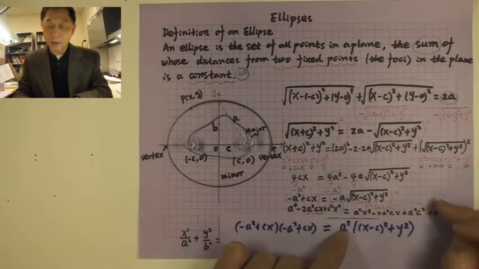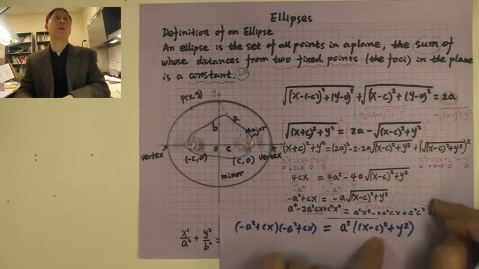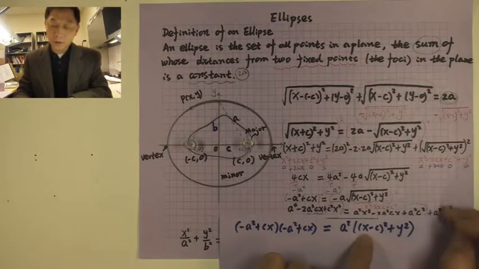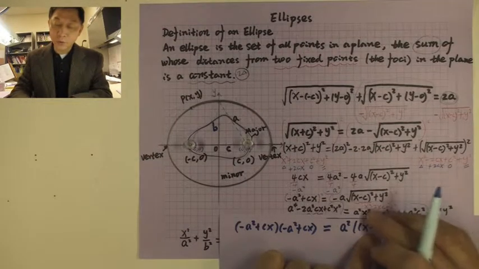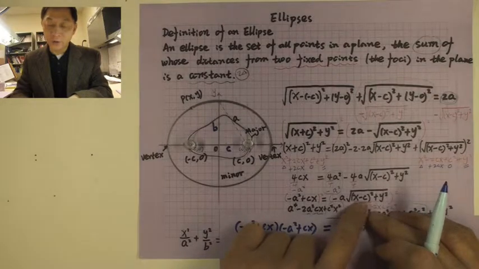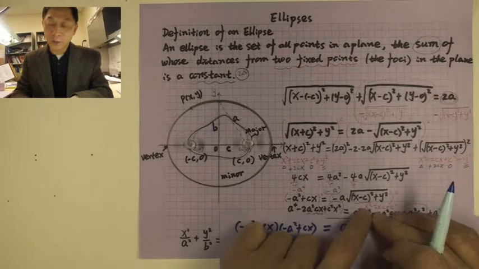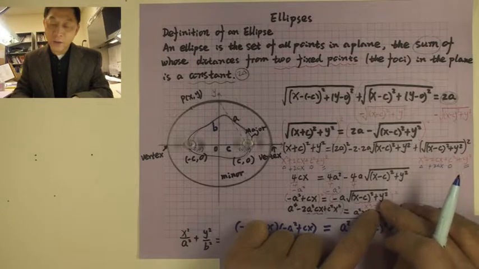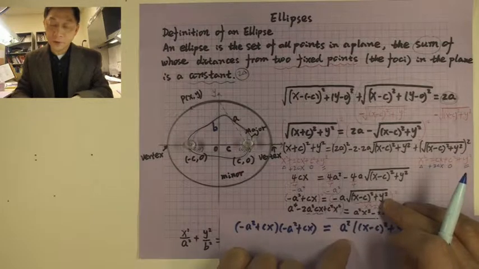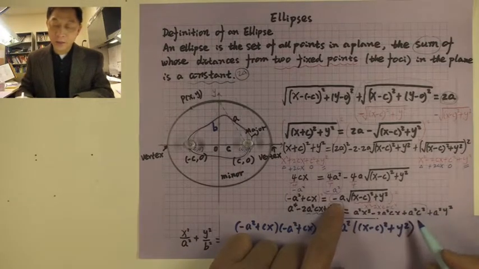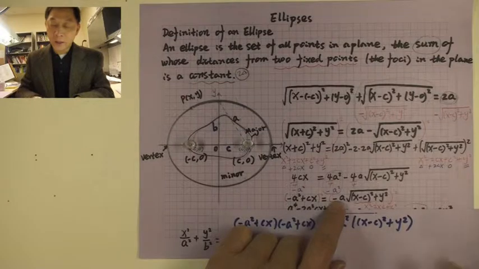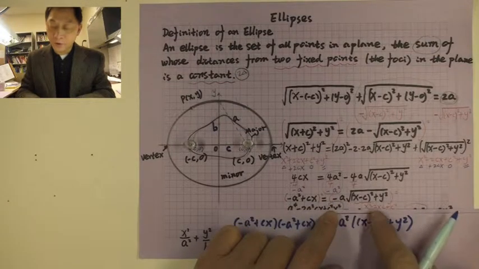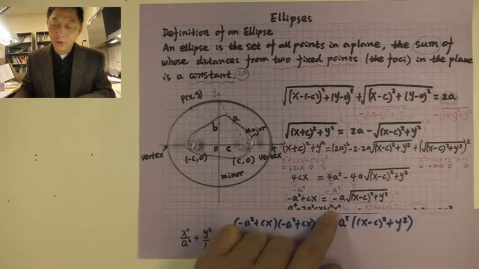Okay? And when you use a squared times this quantity, inside you have to FOIL it out first. X minus c squared is x squared minus 2xc plus c squared. And you have a y squared already there. So when you use a squared times this, the red quantity, then you have